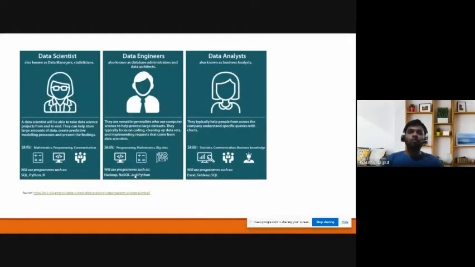So what job roles would you see that primarily use SQL? In the world of data science, you would have heard terms like data scientists, data engineers, and data analysts. There is a very thin line between all these roles, but the majority being, data scientists are actually statisticians. They are the ones who have knowledge about statistics. They also use SQL, they will be using Python, R, and so on. So basically the backbone is mathematics.